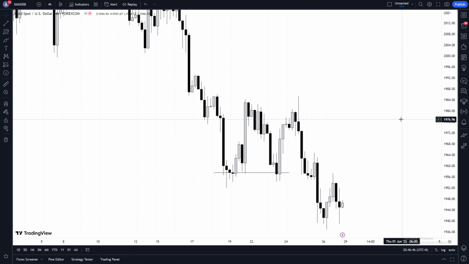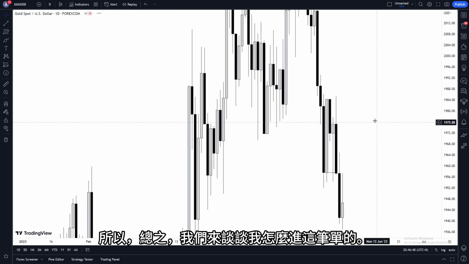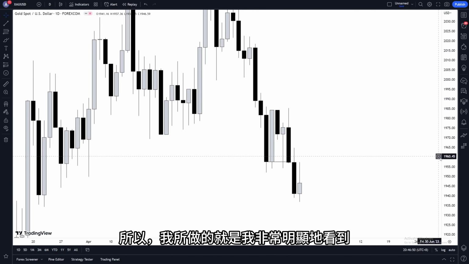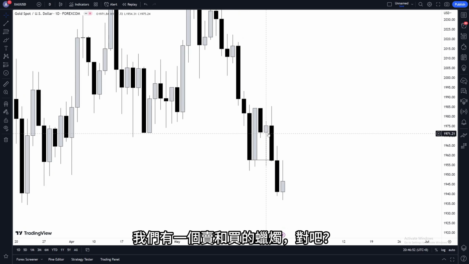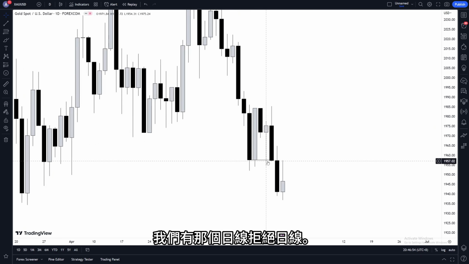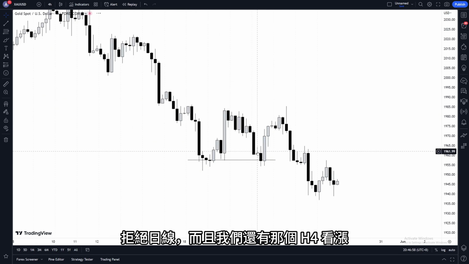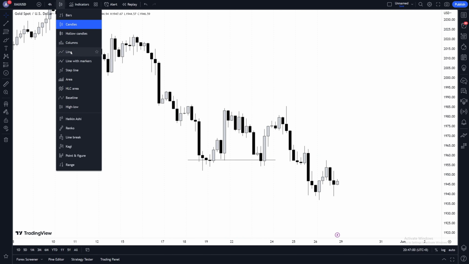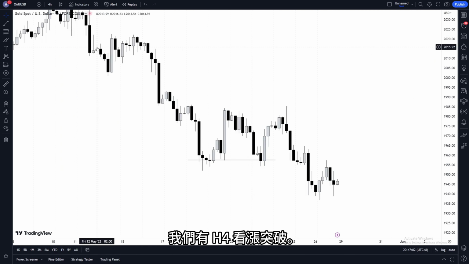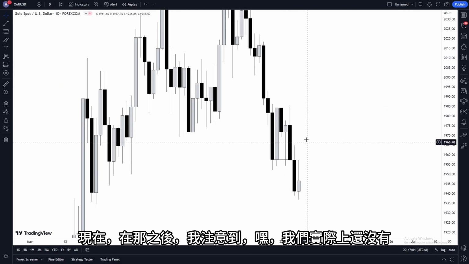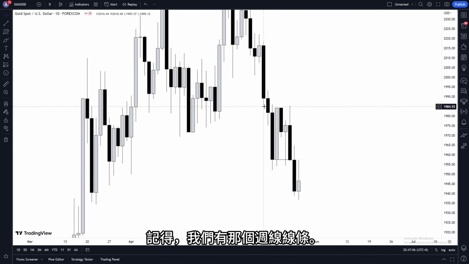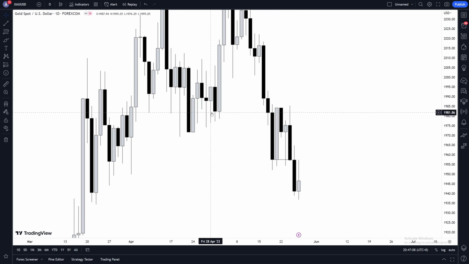That's my point. Okay, so anyway, let's talk about how I entered this trade. All I did was see very obviously that we had a sell and a buy candle, right? We had ourselves that daily reject daily, and yes, sure, on my broker we had a daily reject daily, and we also had ourselves that H4 bullish break. Correct? Now after that, I noticed that hey, we haven't actually entered into that weekly. Remember, we had ourselves the weekly line. I'm not going to draw it again. Remember, we had that weekly line, correct? Now